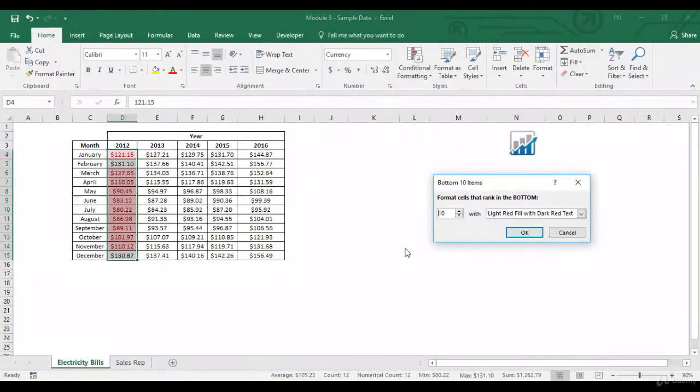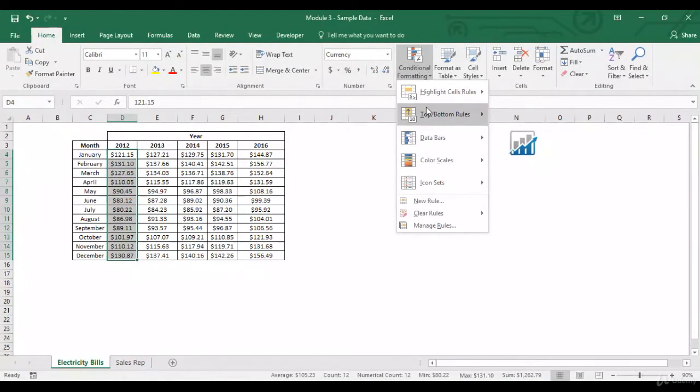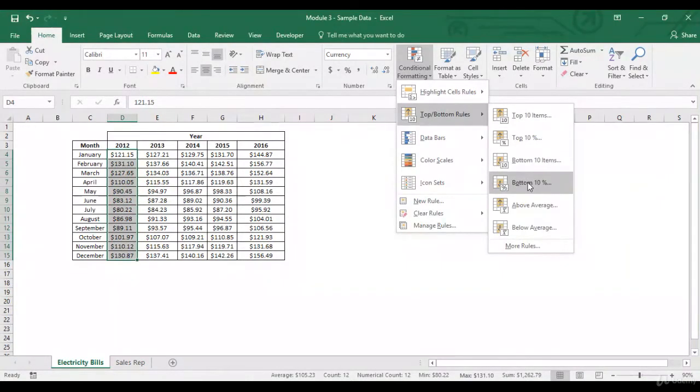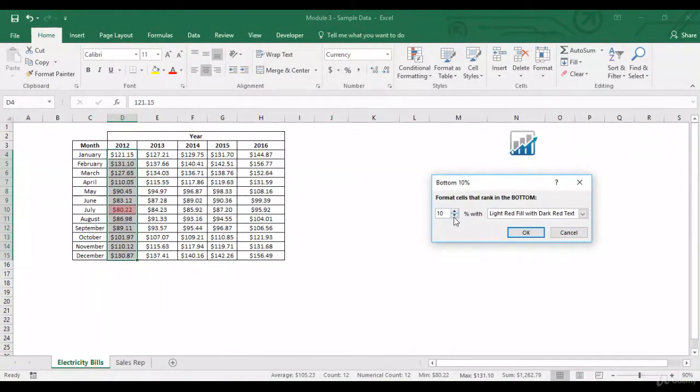Bottom 10, just similar to what we had for the top ones, this will look at the bottom ones. Let's say I just want to highlight the lowest one. Let's do a cancel. Similarly, bottom 10%. Again, it will just highlight 1 over here, because as I said, for 12, 10% is 1.2, and I've got $80.22 in July.